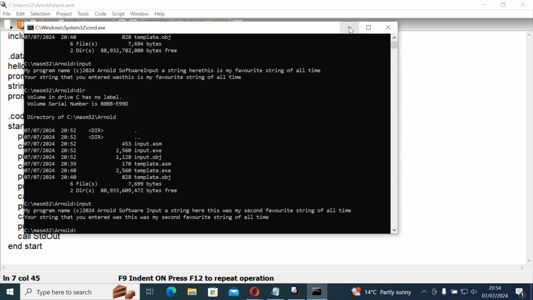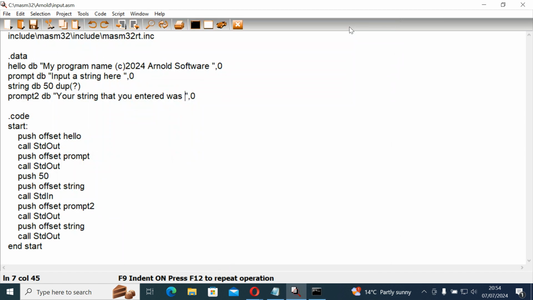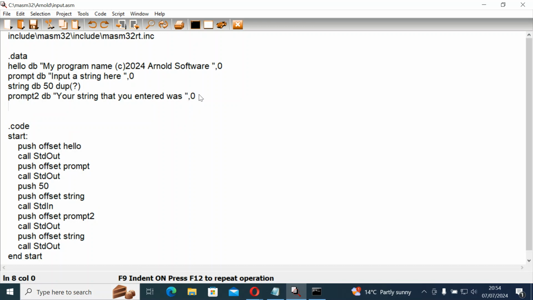Getting the command line. So what we need to do is add an input buffer. So let's see if we can get this to work. Under data, we'll add